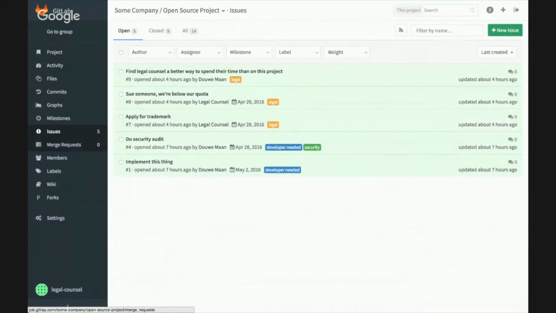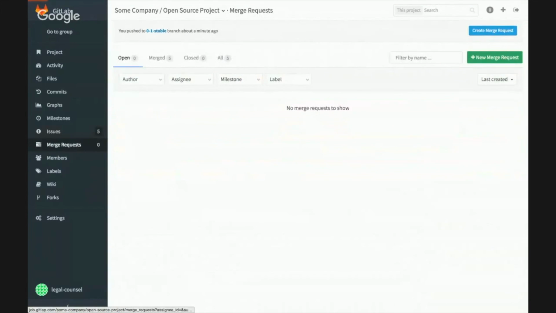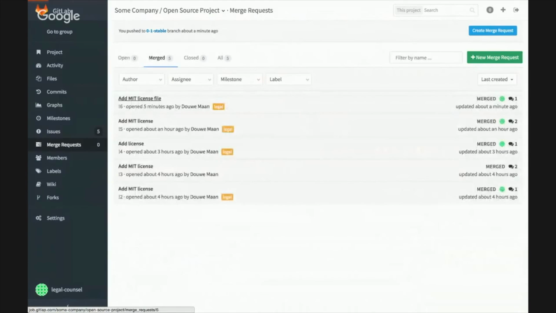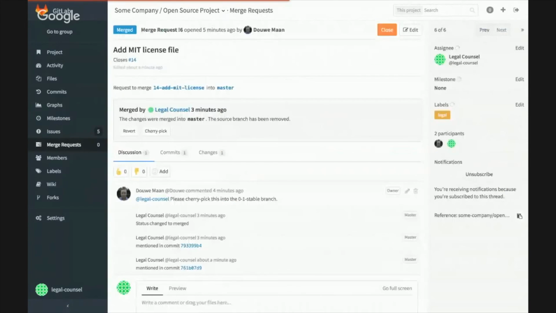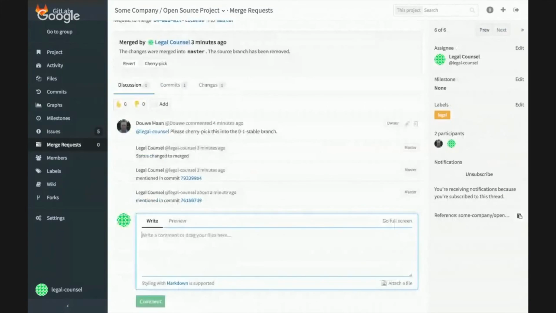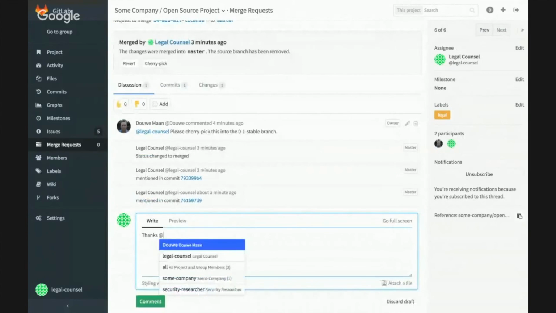So let's have a quick look at that merge request again. Let's open it up and let's thank our developer. So in the comment field, we will write thanks, followed by an @ because we want to mention someone. And now I'm going to interrupt and tell you about something cool that I'm seeing that you probably didn't notice. In this list of autocomplete options, you can see that Douwe, being the developer's name, being my name, is at the very top. And if you recall from GitLab 8.6 and earlier versions, you will know that the ordering of